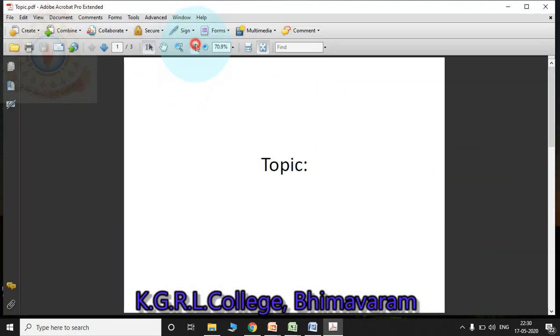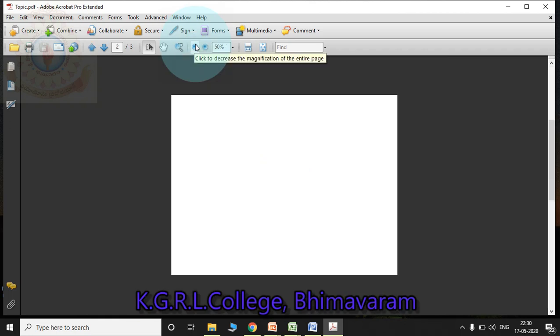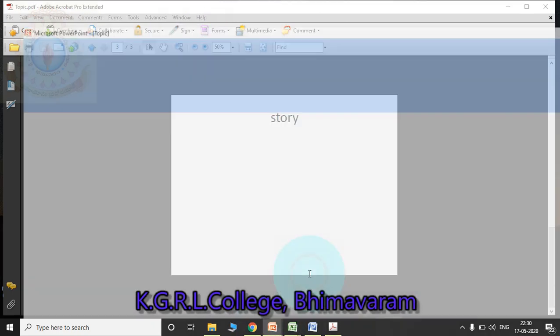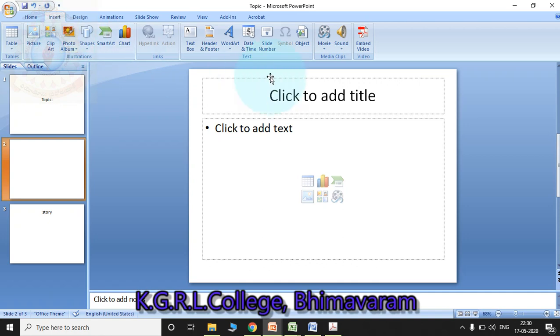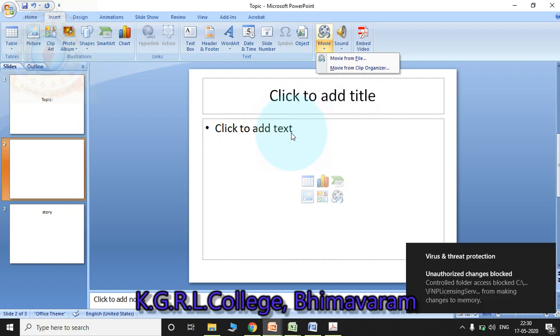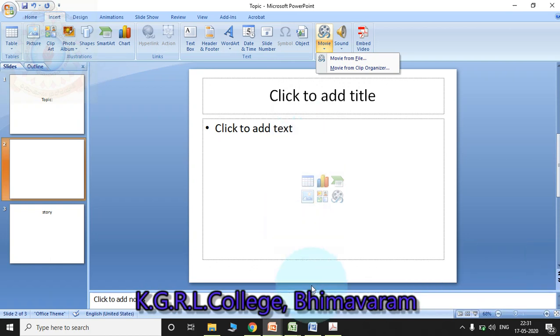So this is the first slide of the PPT. Here actually you need to insert video. This is the explanation. Actually in the PPT, here there is an option to insert the movie, to insert the movie clip. But whenever you are inserting the movie clip from the file here, it will be comfortable to play only when the file is PPT. If you want to export it as the PDF, that video or animation will not appear in this place. So for that particular case, I am showing the demonstration.